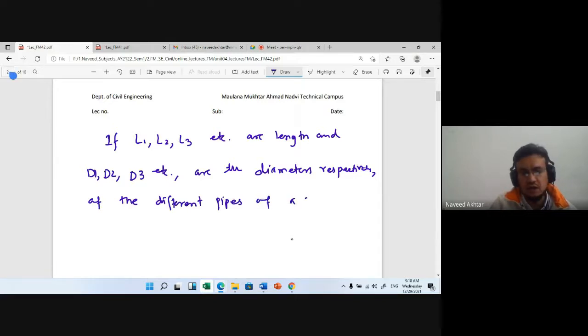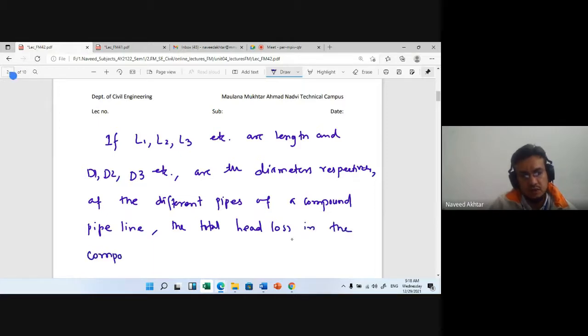So many pipes are connected. Then the total head loss in the compound pipeline,